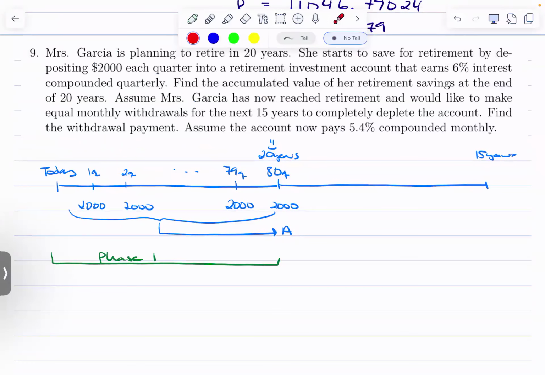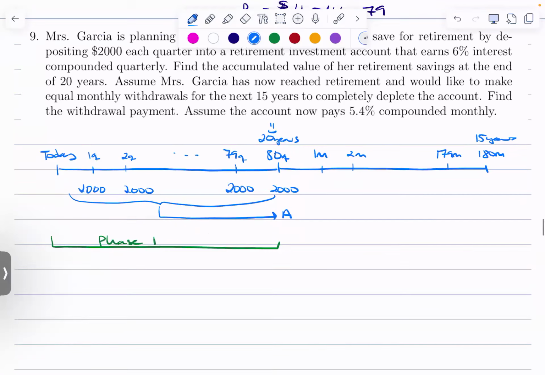Then she wants to make equal monthly withdrawals for the next 15 years, which means that at this turnaround point where she retires, now she starts the clock on these 15 years of monthly withdrawals. All right, so 1 month, and for 15 years, there's 180 months. Oops, 180 months. 1 month, 2 months,